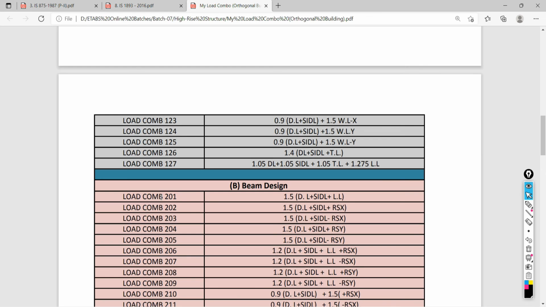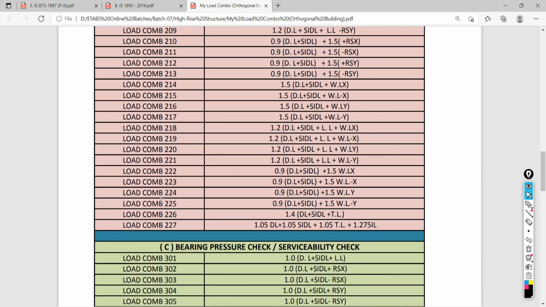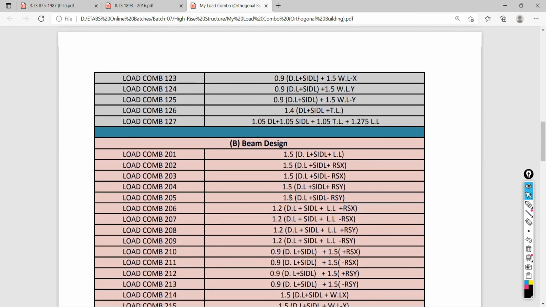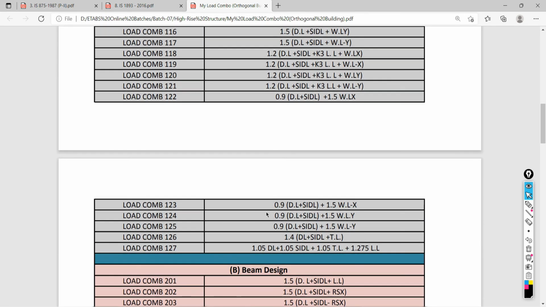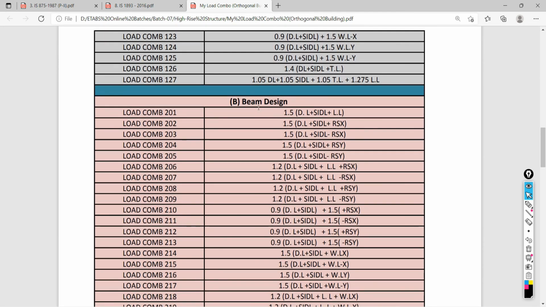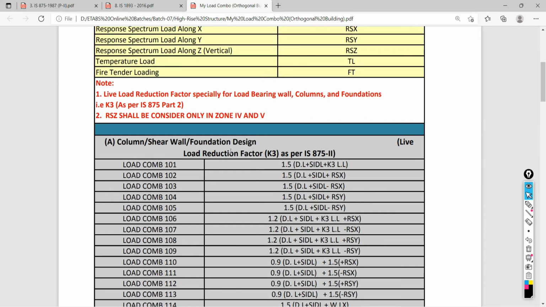The beam load combinations start from 201 and end at 225. This is for factored load combinations for the beams and slabs. Actually slabs we are not analyzing and designing, but this is for beams and slabs, and the earlier ones are for shear wall, column, foundation. For all that it is required.